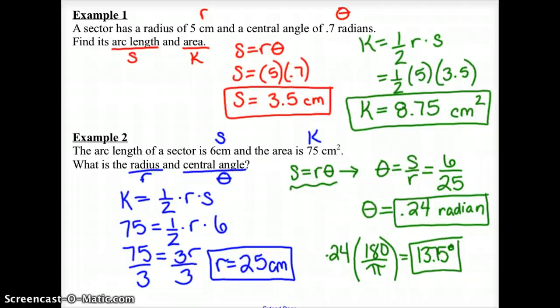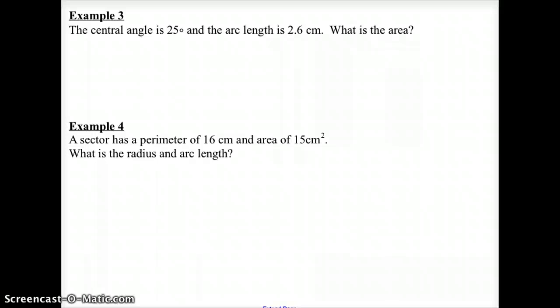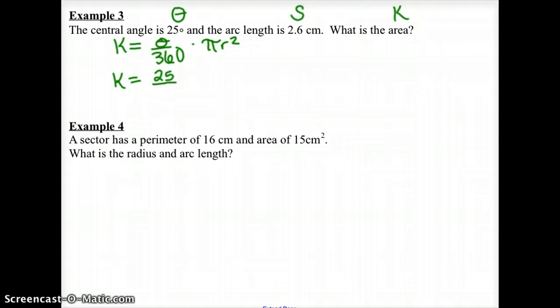Our next example says the central angle is 25 degrees, that's a theta. The arc length is 2.6, so that's my s value. I want to find area. Now the area formula for degrees is theta over 360 times pi r squared, the area of a circle. If I fill in what I know, I have 25 over 360 times pi and then the radius squared,